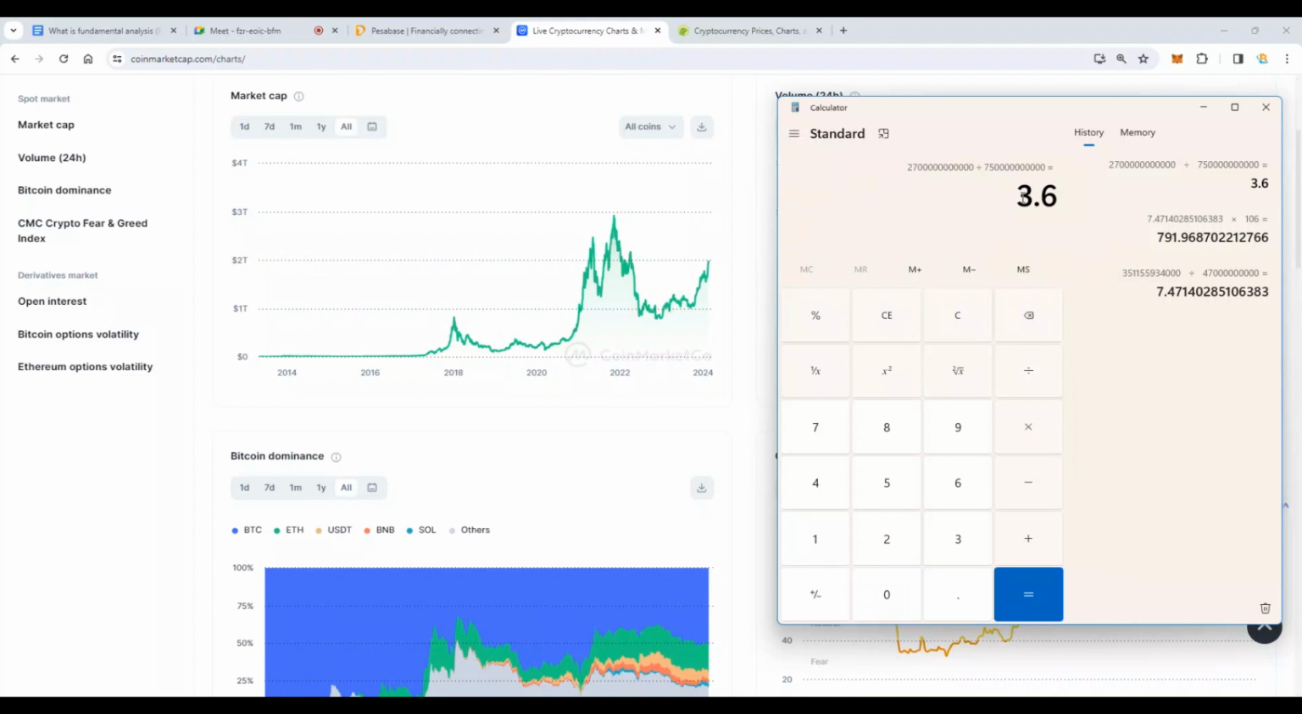Now, if we forget about the Bitcoin ETF catalyst and just consider the halving, and assume this is going to happen like the previous bull run, we expect the market to do 3.6 times from the previous market cap of 2.7 trillion. So you multiply 2.7 trillion by 3.6, and we are looking at $9.7 trillion, which is close to 10 trillion. And now remember,